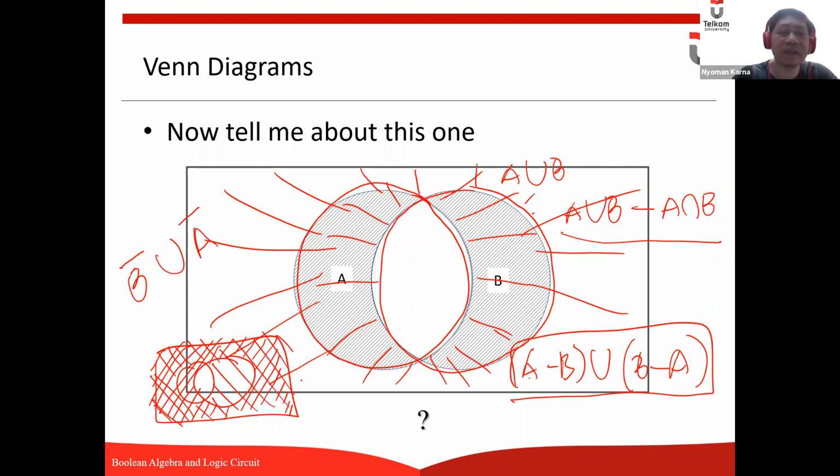So it's everything in the universe outside this part. So it's almost the same. However, by using B complement union A complement, it will include all the elements in here.